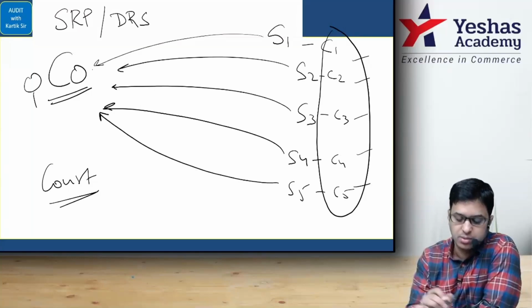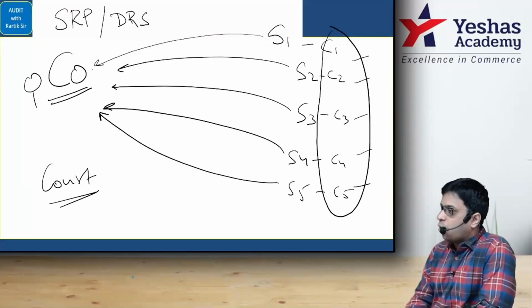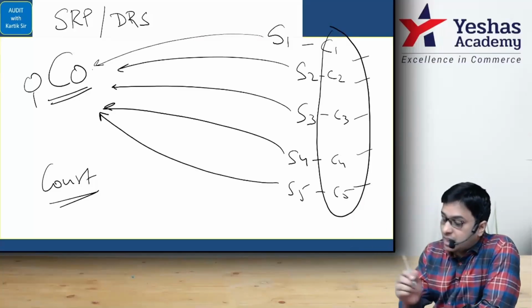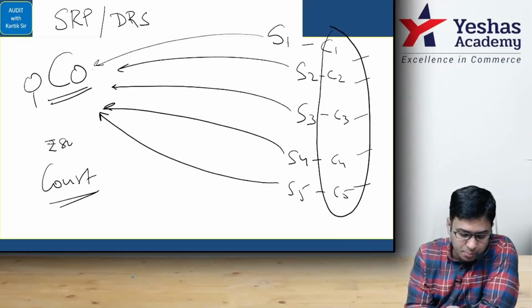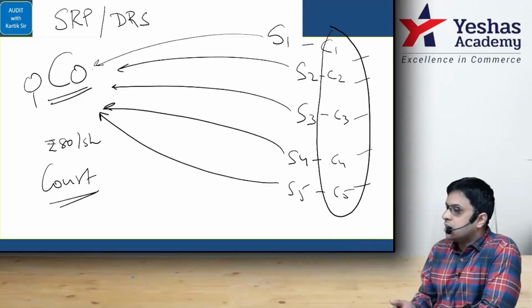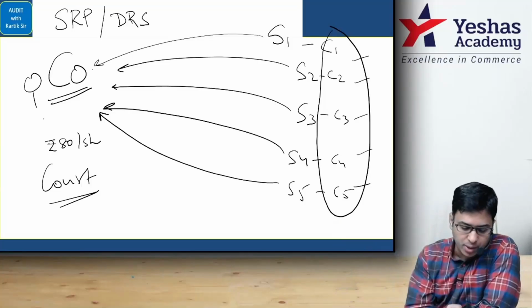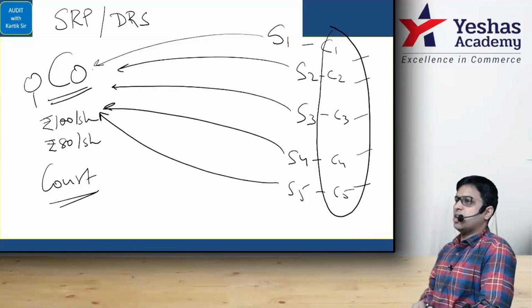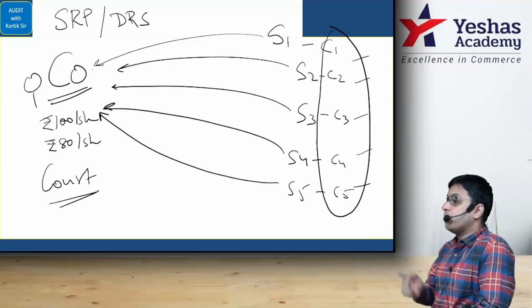debt restructuring scheme. In that case, what will happen is the court will tell, Karthik here, you have to pay to these creditors shares at rupees 80 per share. 80 per share, how possible? The face value of my shares is only rupees 100 per share. And Companies Act says that you cannot issue the shares at a discount normally. Only if it is sweat equity shares you can do it.